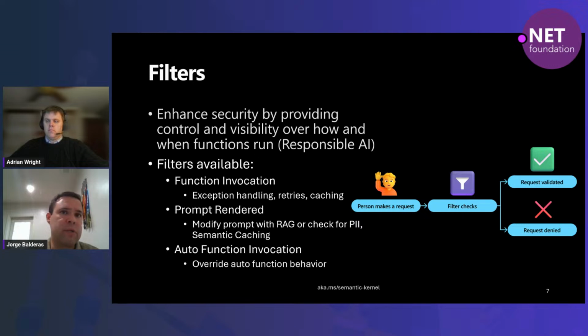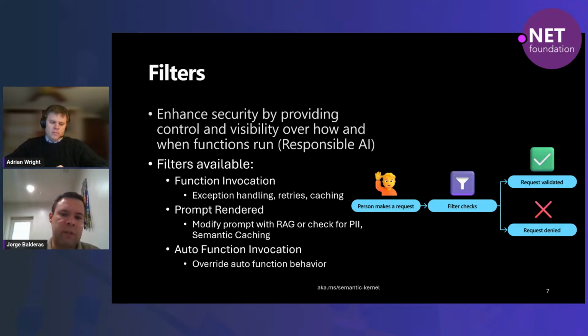You can also use filters to intercept the prompt. Going back to the responsible AI principles, that's a way to make sure that private information is not being shared, by putting filters on the prompt. But it's another level where you can implement semantic caching, right? So you can say, oh, I already saw this prompt, I already know the answer, let's just grab it from the cache, as opposed to even going against the model. So that is one capability where you can leverage prompt filters.